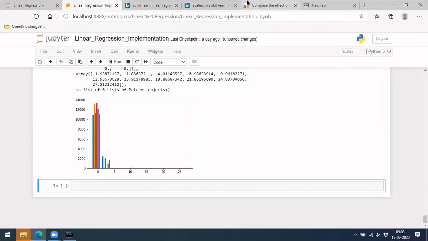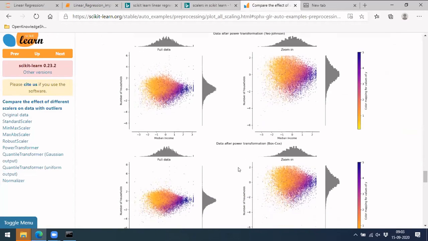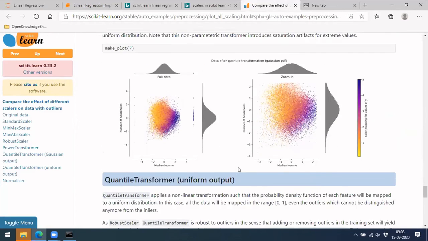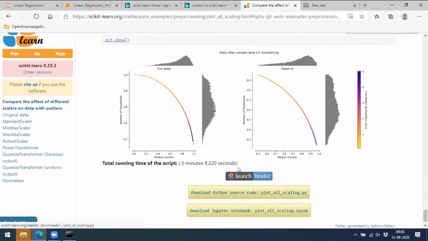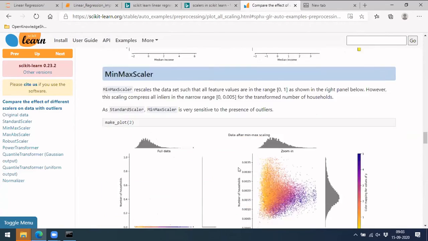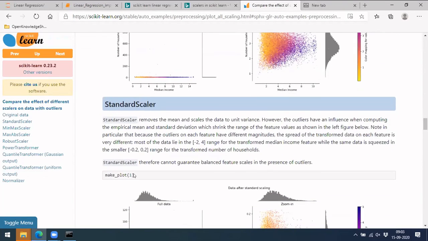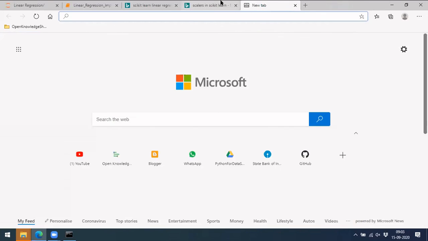So let's move to another topic. Similarly, there are a few others like power transformer. Different kinds of things are available, but usually people use the first two, which are standard scaler and min-max scaler. The standard scaler subtracts the mean and then divides by the standard deviation.